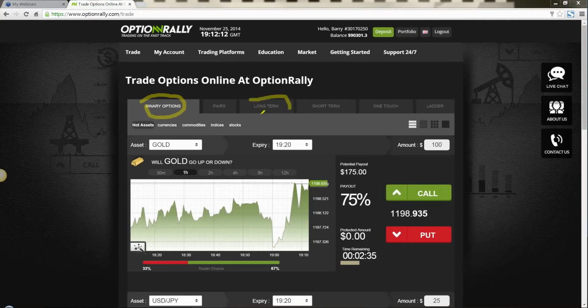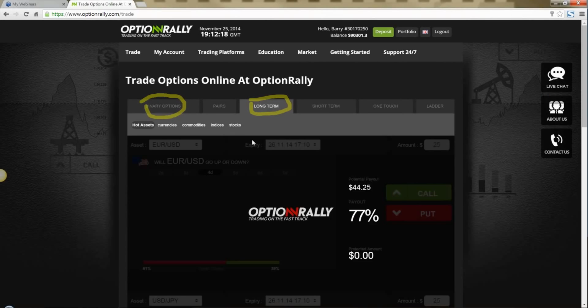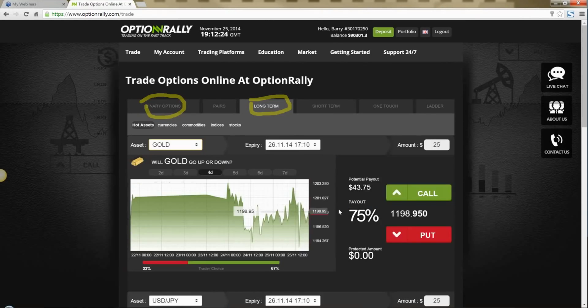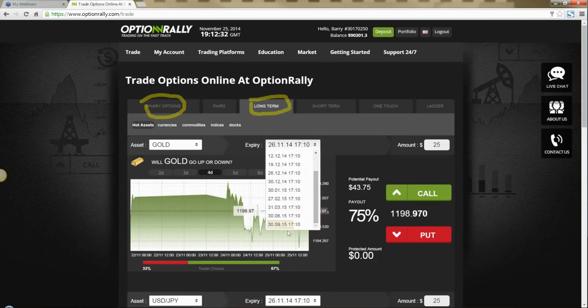All we did is we took long-term. They're exactly the same, except they are the trades you want to close after the current business day. So in other words, if we select gold here also, it's going to be the same thing, except gold is going to pay 75%. But this, we'll see if we use the drop-down menu here. These are all the expires after the current trading day. So we can trade gold all the way up until 9/30/2015. So all we've done is separate it so it's easy for you to trade.